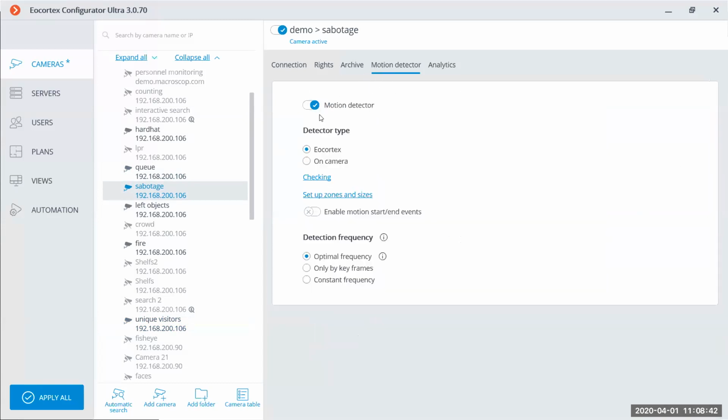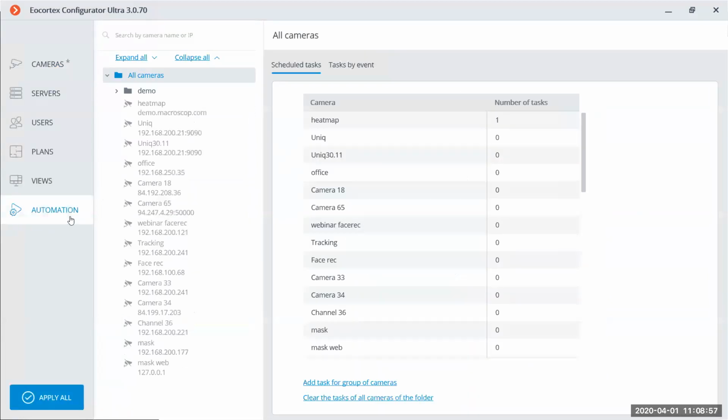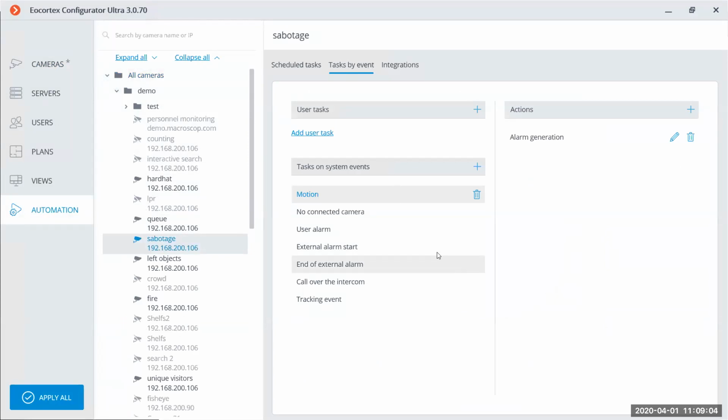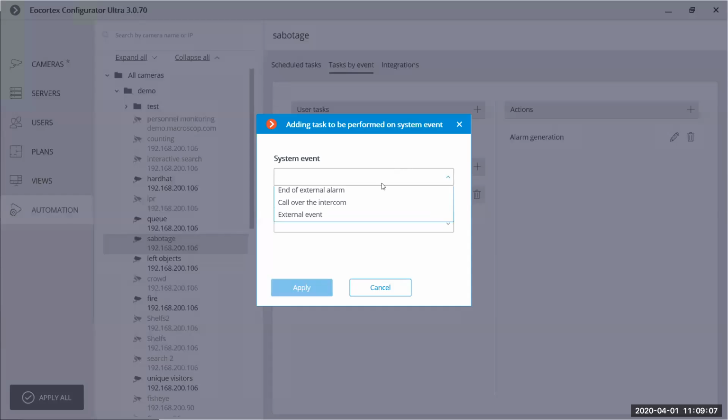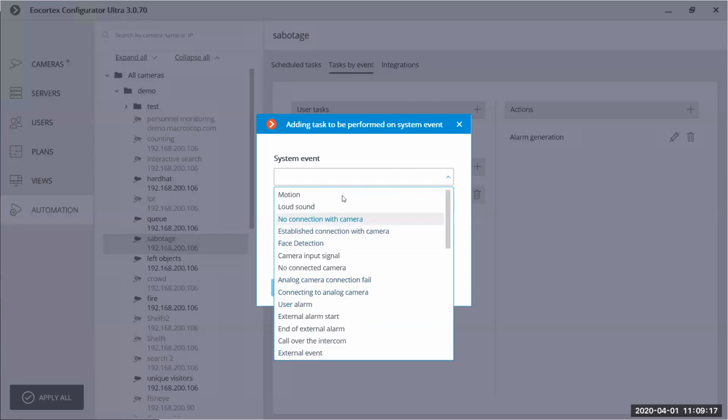We just enable the motion detector, select the motion Sabotage Detector module, and if we need, we can also create an automatic action for this event. For example, go to Automation, select this module, Sabotage, Task by Event, and here we'll be able to select the event for Sabotage. Let me find it right now.